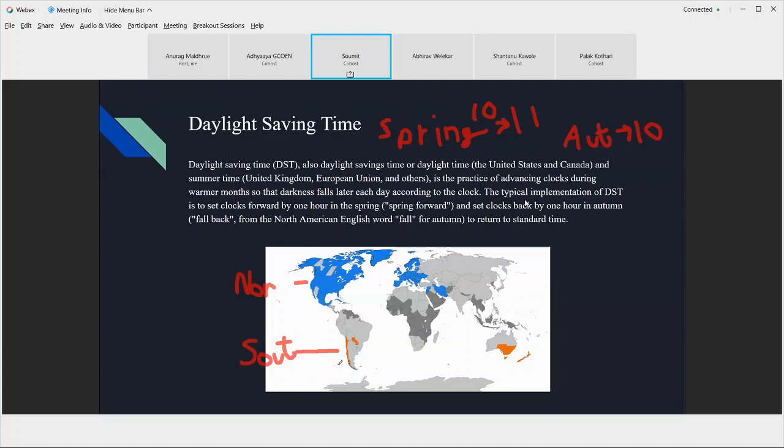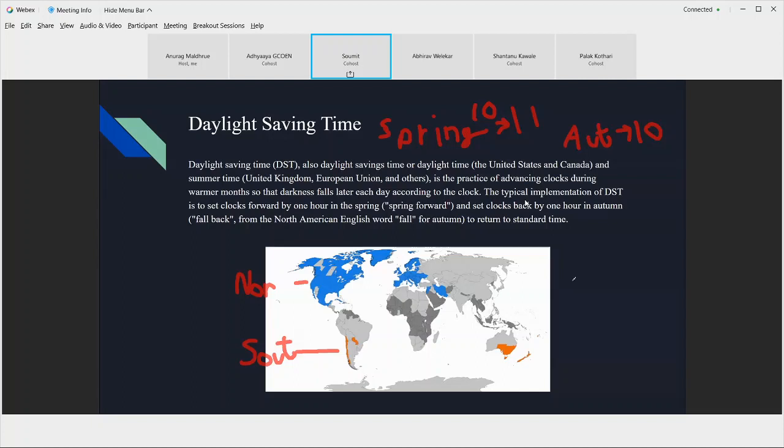As you can see, these are regions, not divided by country. For Australia, the whole of Australia doesn't follow DST. Only this particular section follows it. Same with Canada. The whole of Canada doesn't follow. These two regions don't follow, and the rest of the country follows DST. The light gray ones, like India and China, followed DST in the past, but now they don't. And the dark gray ones have never followed DST since their existence.